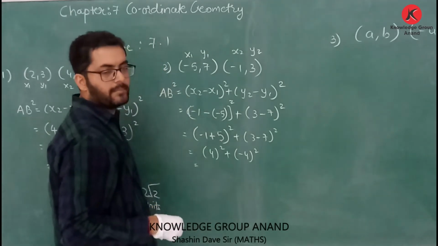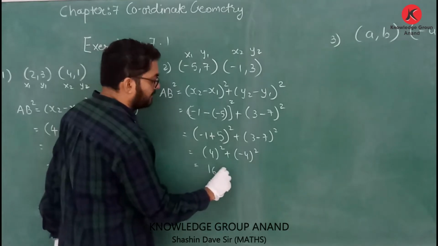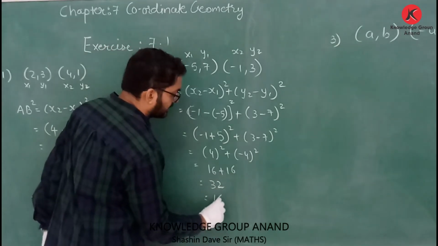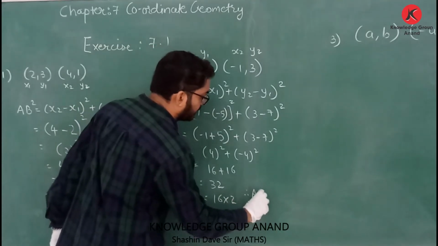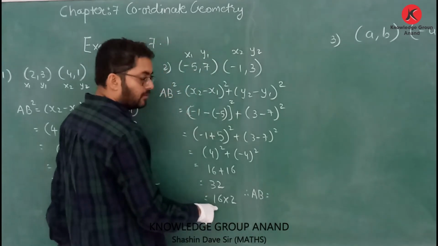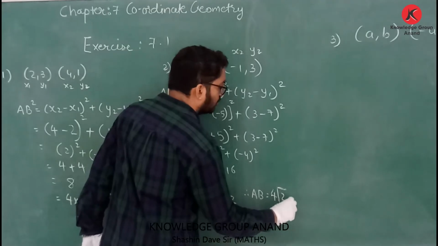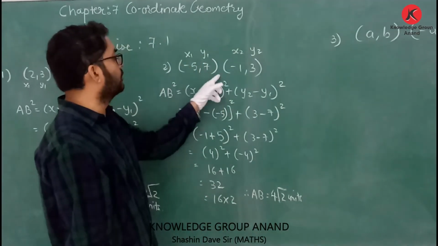अब 4 का square हो या minus 4 का square हो, value will be 16. So here I am having 16 plus 16 that is equal to 32. तो 32 को हम लिख सकते हैं 16 into 2. So therefore जब हम इसका रूट लेंगे तो डिस्टेंस AB 16 का रूट होगा 4. ठीक है, 2 का रूट नहीं होता, यानी 4 root 2 units